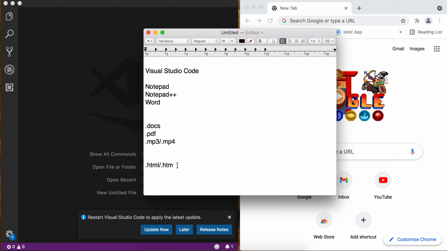So there is not a big difference between these two extensions. Both are the same and used for creating HTML files. The basic difference is in the operating system where we create these files. Earlier we had DOS operating systems and 16-bit operating systems, right? For those operating systems